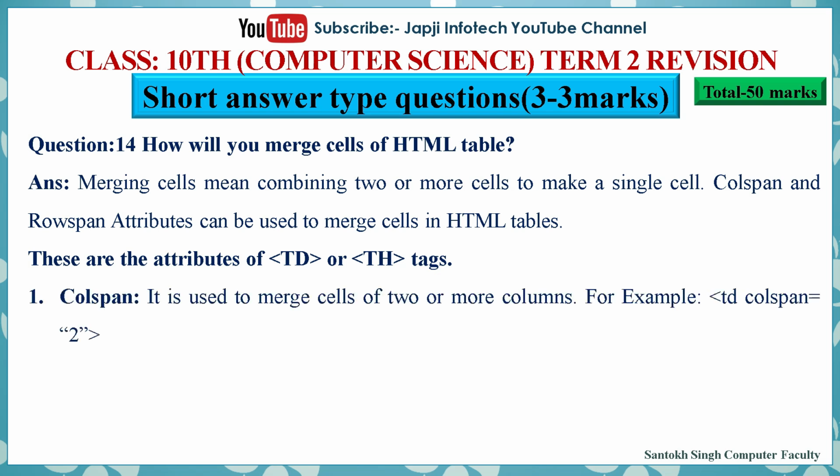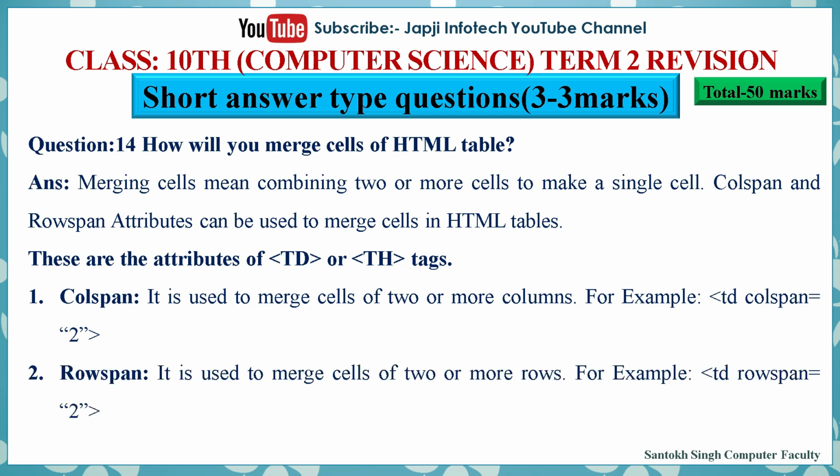The first one is colspan. It is used to merge cell of two or more columns. For example, left angle bracket td space colspan equal to 2. Second one is rowspan. It is used to merge cell of two or more rows. For example, left angle bracket td space rowspan equal to 2 in the double quotation mark, then close the